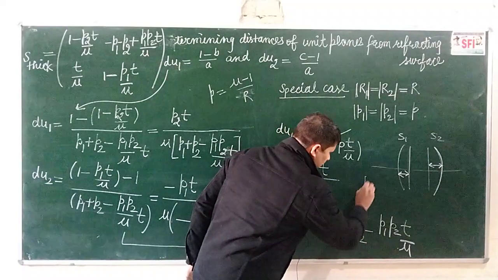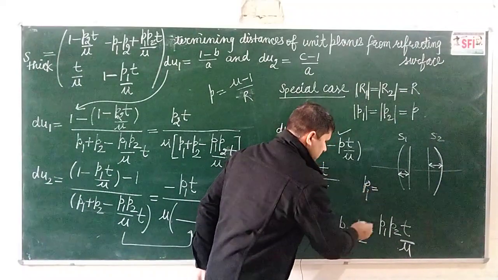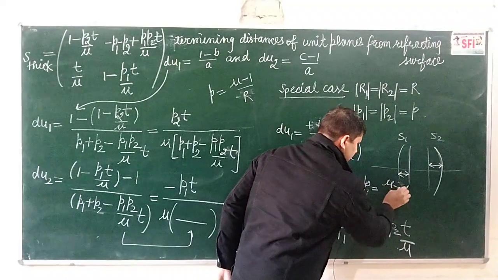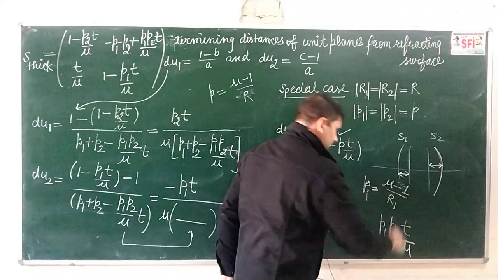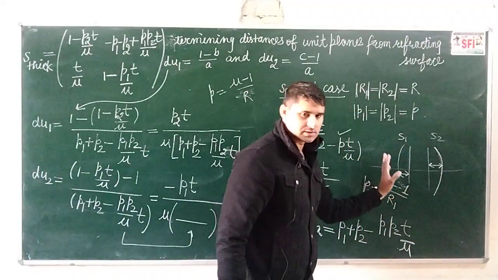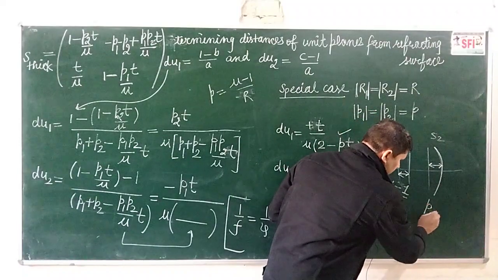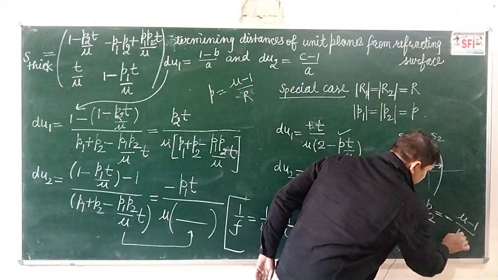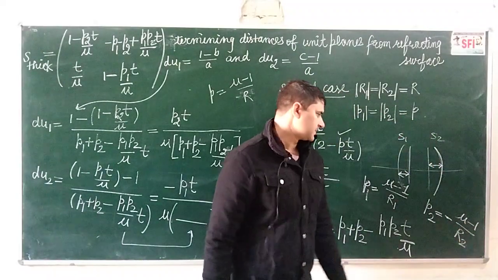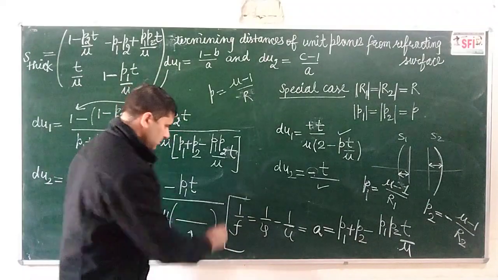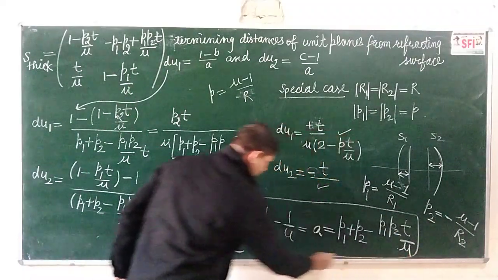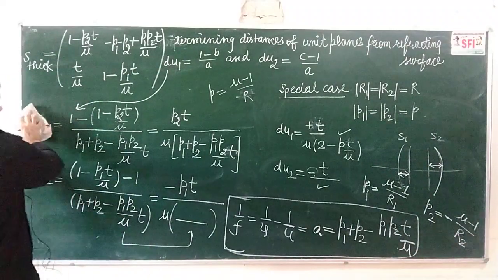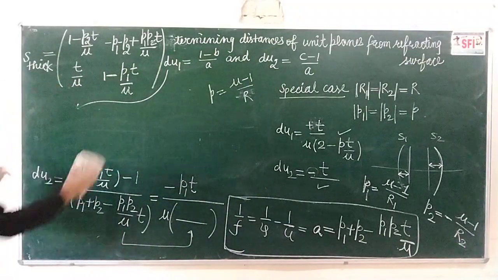The value of P1 will be mu minus 1 divided by R1 in this case, because the lens is placed in the air medium, R1 being the radius of curvature of the first refracting surface, and the value of P2 will be minus of mu minus 1 divided by R2. After putting these values you can find the relation for 1 by F, that is the power of the thick lens. So if you solve this, then you will get